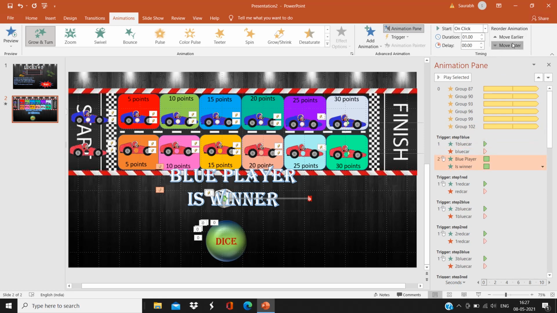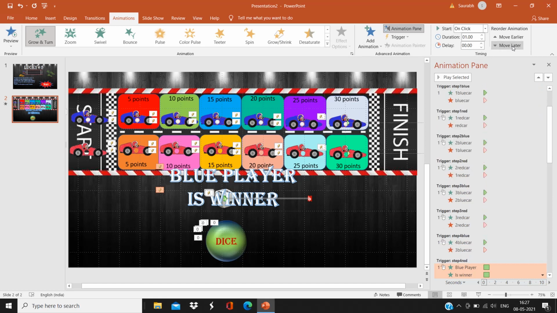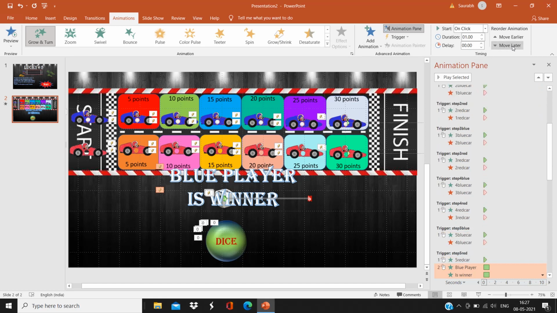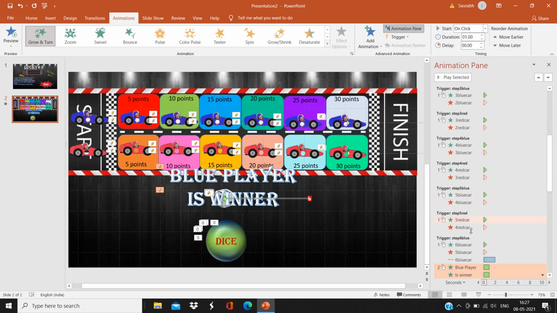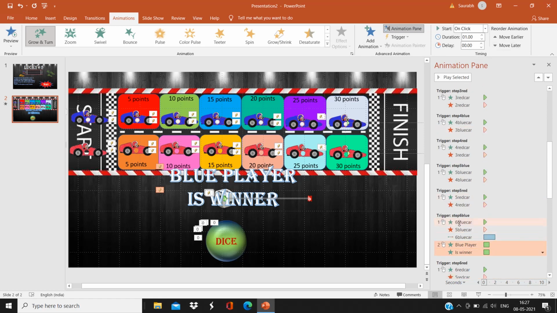Move later, there is an option move later, and I am setting it just below that rectangle, or just give the trigger point. Just right click it, give the trigger point of our step 6 blue, that sixth rectangle in the blue line, and make it after previous. Start after previous. When the car moves, that blue player is winner animation should come out.